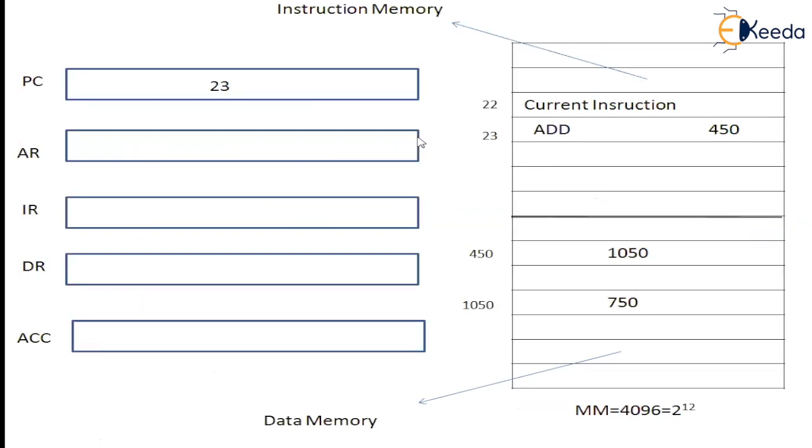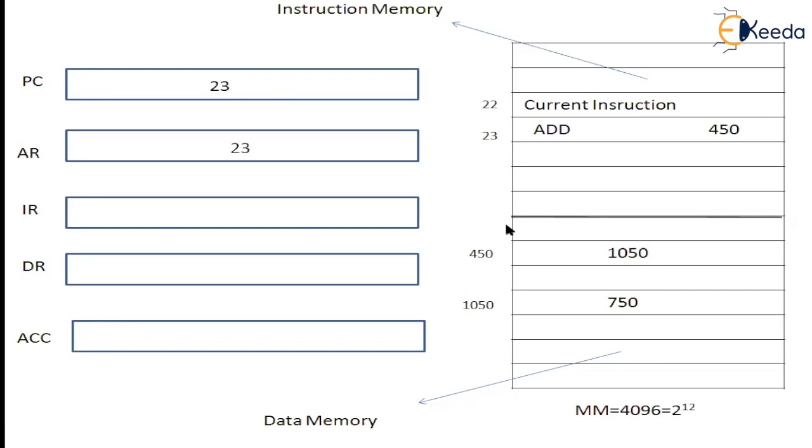Let us see. Now here, see this block diagram clearly. This is our main memory, which is of 4096 words, in which the address part is equal to 12 digits and the data part is equal to 16 digits. This is the instruction part. This is the data part of the main memory. The program's instructions are going to get stored here. The program's data elements will get stored here.